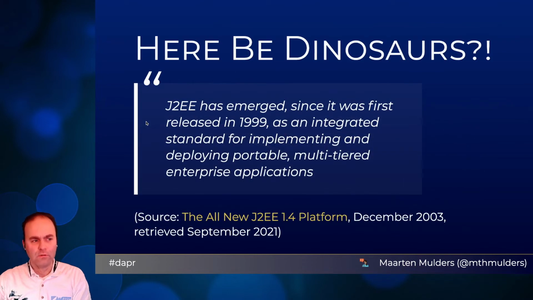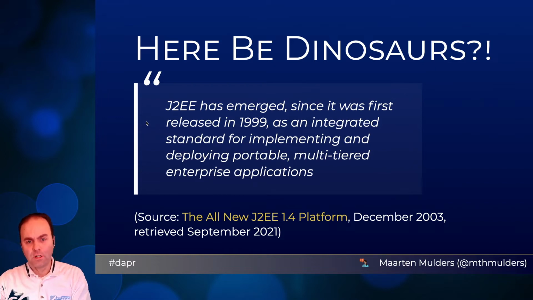Well, if you are around in the industry for a little longer than I am, you may be familiar with the Jakarta 2 Enterprise Edition platform, later named Java EE, now it's called Jakarta EE. Well, it certainly has its age. Its first version was released in 1999, long before I even joined the industry. So, Dinosaur refers to its age. It's not about being outdated or irrelevant because I really believe the platform has value as of today.